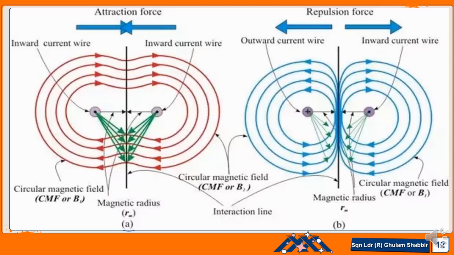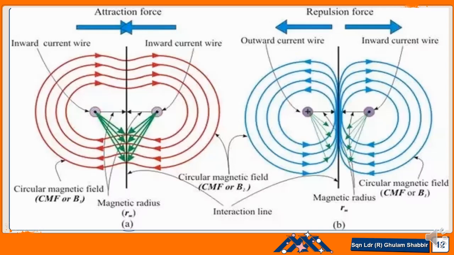In this case, in the center, the magnetic force lines support each other, parallel to each other. So when they are parallel to each other, there will be a strong magnetic field between the two wires and a weak magnetic field outside the wires. The strong magnetic field will push the wires outward, so there will be a force of repulsion.